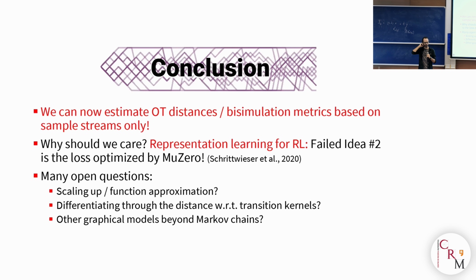But of course, there are many open questions, and the biggest one at the moment is how to scale this up, right? Because at the moment, this algorithm that I've shown you only works for this tabular case of small discrete state spaces, because I need to maintain these Lagrange multipliers one by one in memory, and I need to maintain these mu's in memory as well, and update them one by one. We have a bunch of different ideas as to how to get across this barrier and how to parameterize these updates. What is really promising is that this algorithm is gradient descent, so it's not just a plugin into Sinkhorn, but something that can be parameterized in principle.